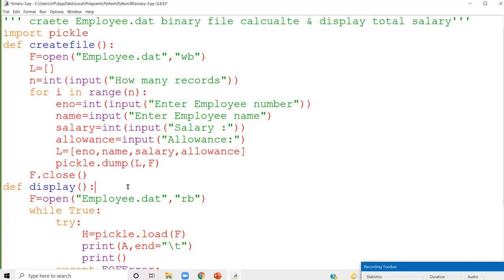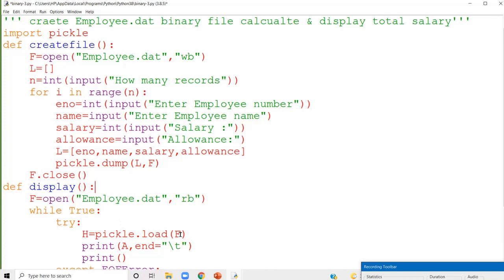And within that second function you have to calculate and display the total salary. Using the while loop, you are reading one record at a time, because you are writing into the binary file one by one. Same way you are reading back. So you are reading one record at a time using the while loop.